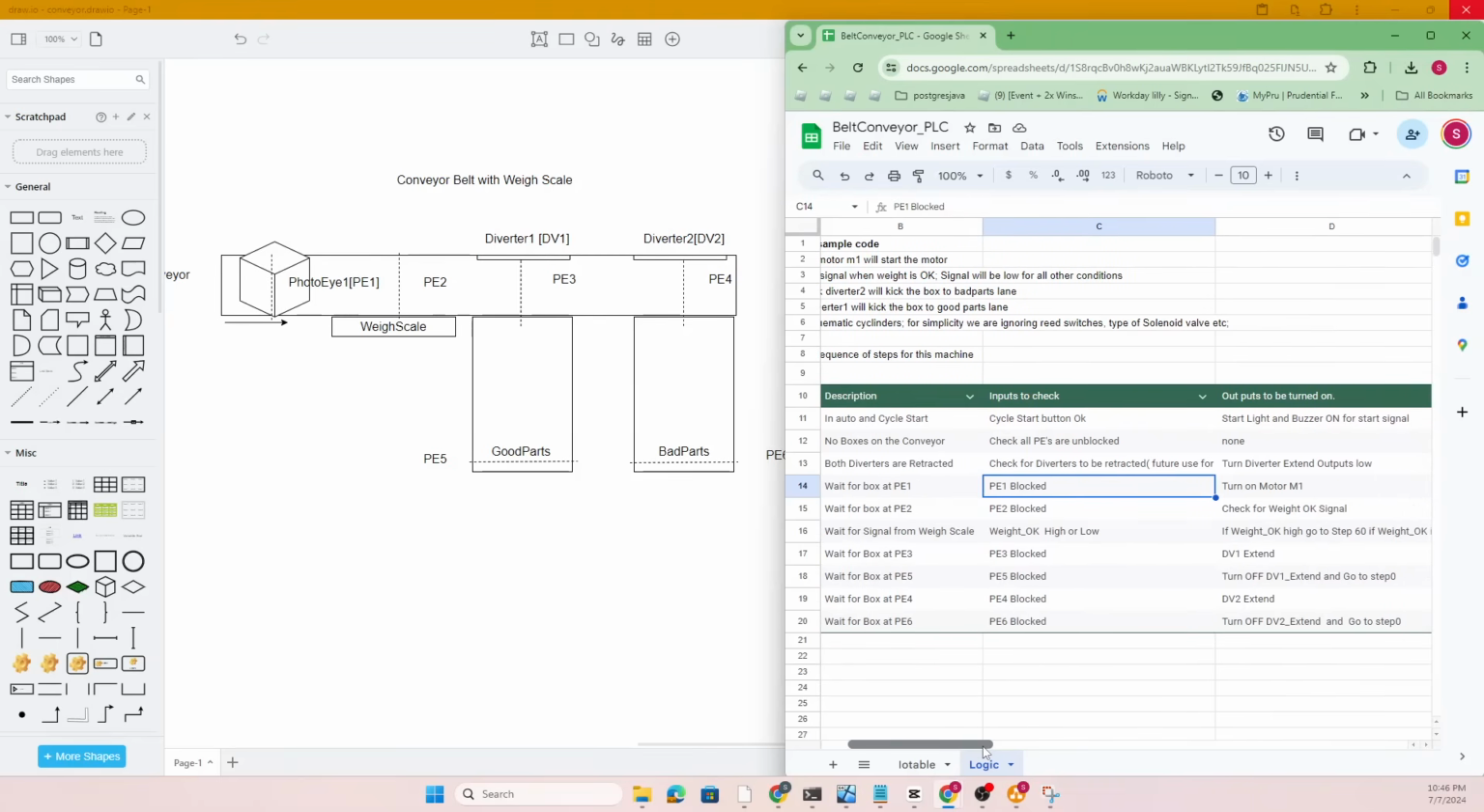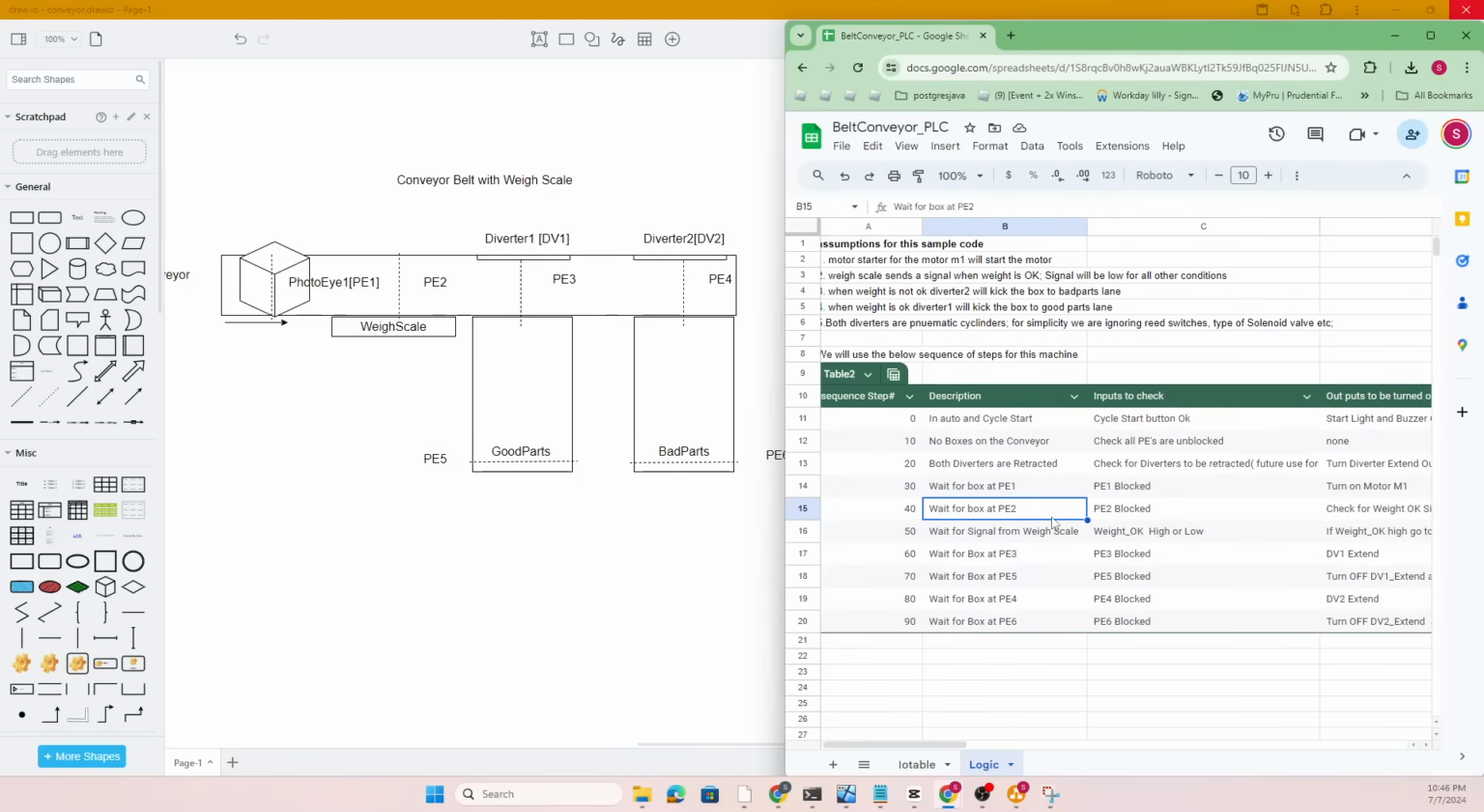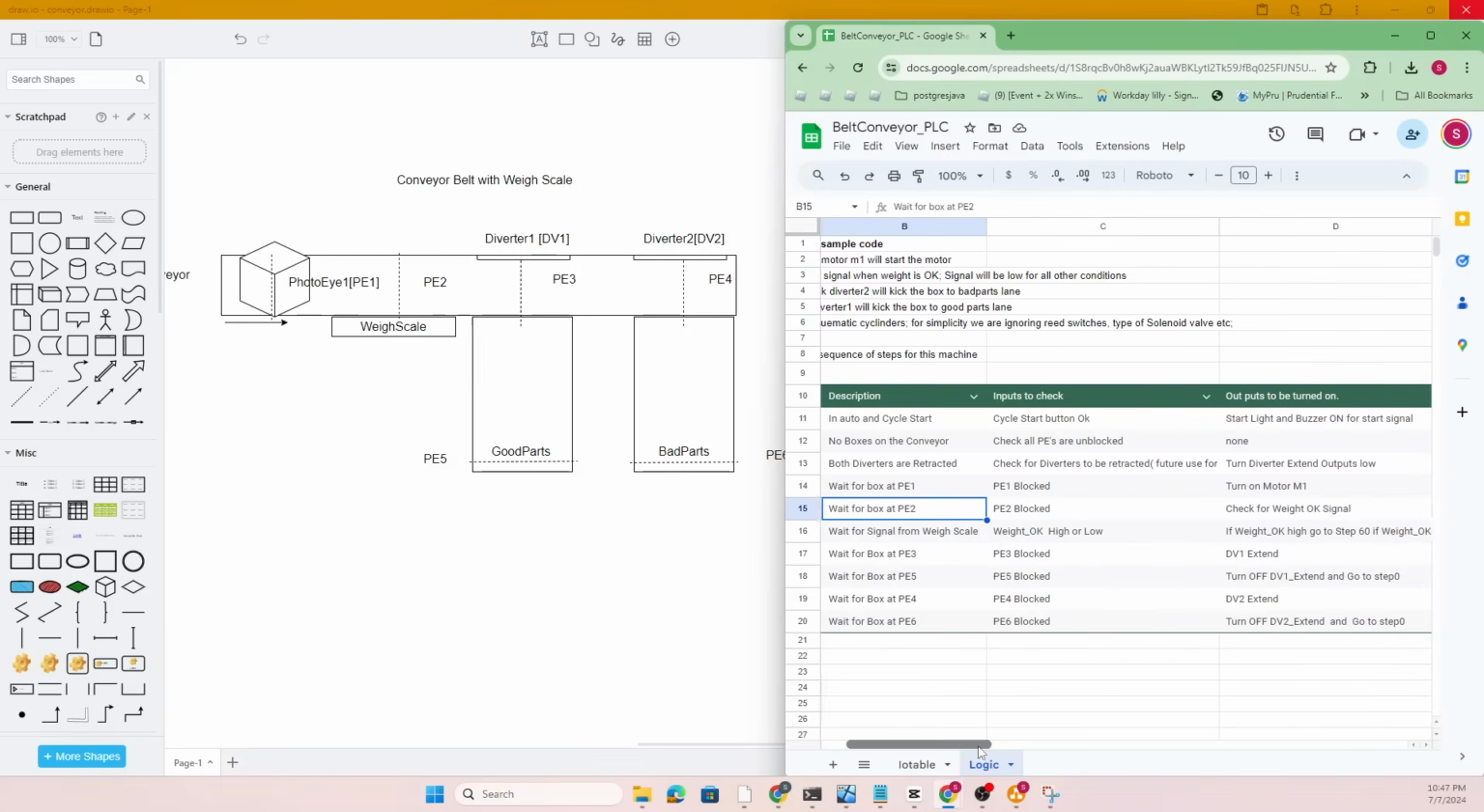And once the photo I is blocked, we're going to turn the motor 1 on. And then once the motor 1 is on, the box moves, and we wait for photo I2. So in step 40, we are waiting for the box to show up at photo I2. Once the box shows up at photo I2, we